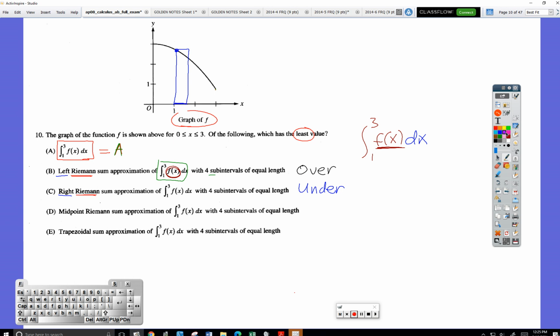Everybody listen close. My opinion is that I like the pictures, I just think it's easier to remember, but what Brian is saying is absolutely true. Now be careful with the wording, because on an FRQ they'll test you on the wording. It's absolutely true that if f is decreasing, which has nothing to do with concavity, then a left Riemann sum will always be an overestimate. Similarly, if f is increasing, then the left Riemann sum is an underestimate. It just switches for right.